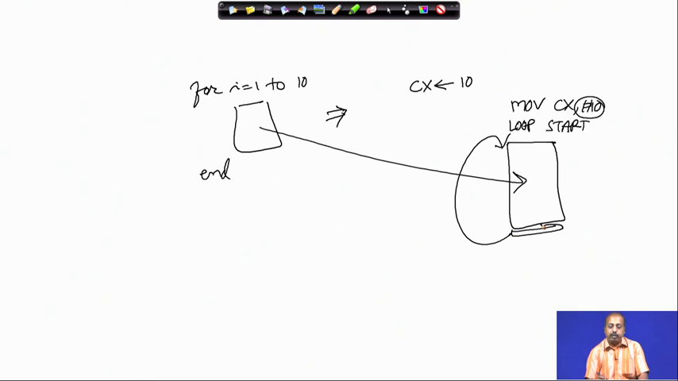Normally, if we are writing this program in 8085, it will look something like this: first initializing some register R to 10, and then writing the loop body. Before that we have to have some check also, whether R is equal to 10. This R we have to initialize to, say, 1, then we put a check here whether R is equal to 10, and if not